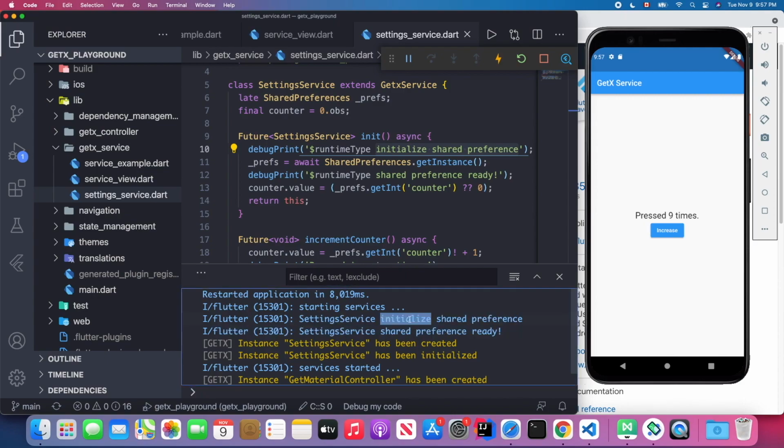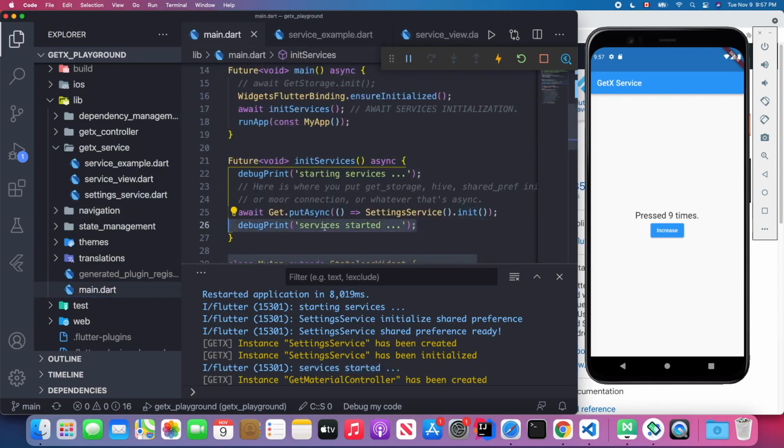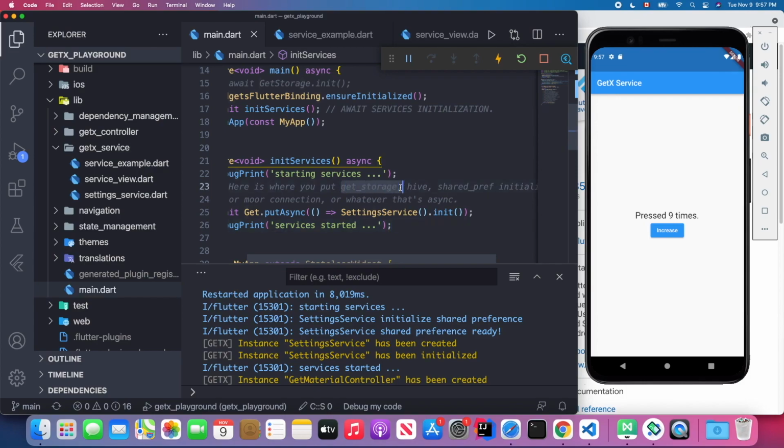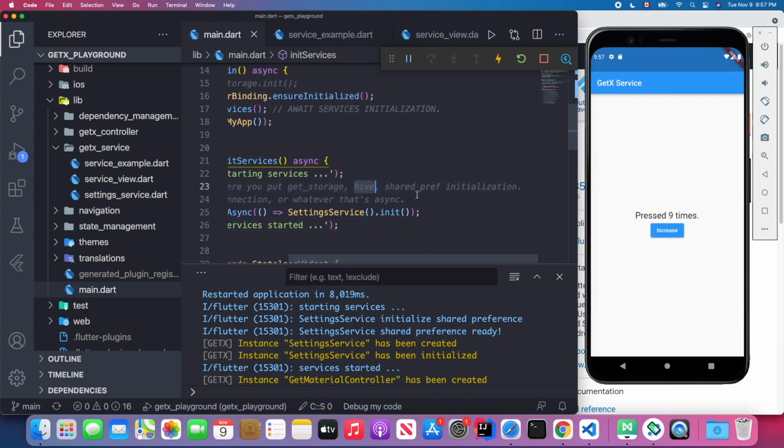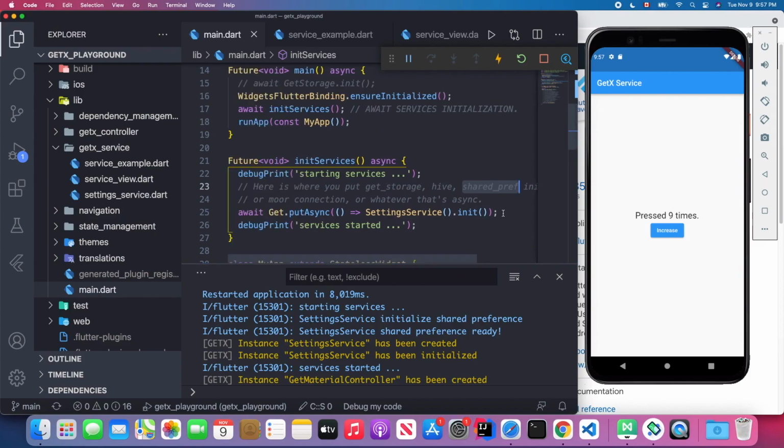So the setting service initialized the shared preferences, and also shared preferences is ready. That means we have already initialized our shared preferences, so our counter will have this 9 shown on the screen. Okay, and then you will set the service started, which is line 26. So basically you can put any services, right? For example, you can have your GetStorage, your Hive, your shared preferences, any kind of synchronized